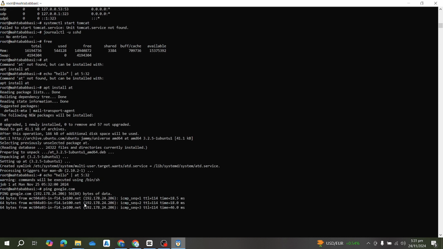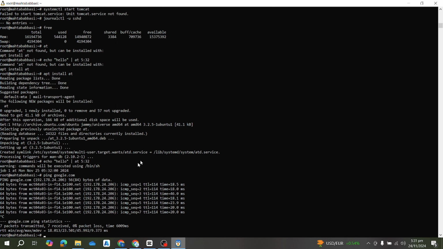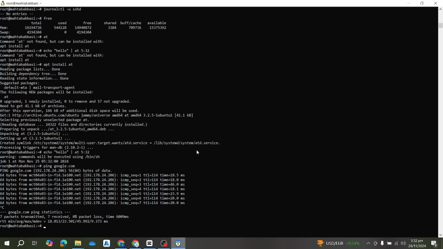Okay, because Google is up and running, and I'm able to connect with Google. What is another command if I want to monitor? Another command is traceroute. Actually, it is a very important command. With traceroute, we actually use